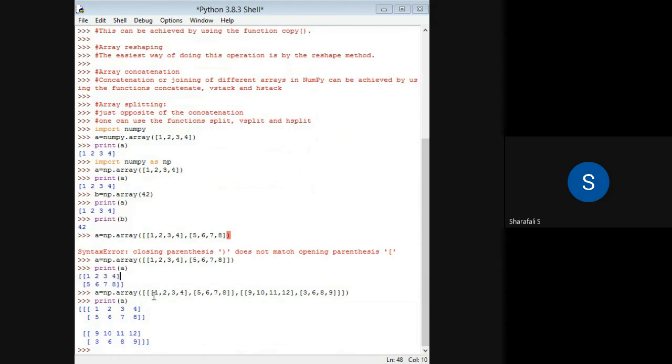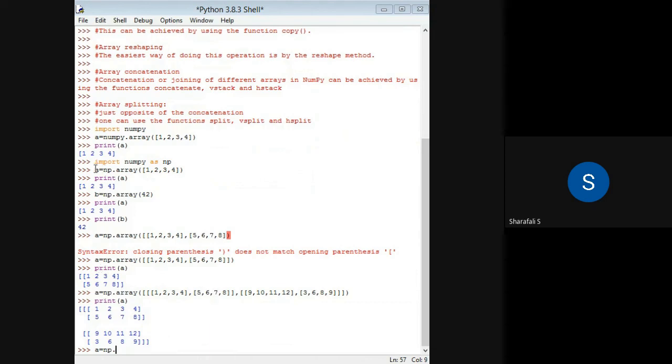Okay, so that's about the different dimensions of arrays, and we can also use different functions to create this array apart from this array function. For example, suppose you want the elements in some particular data type, then you can directly give that data type also.